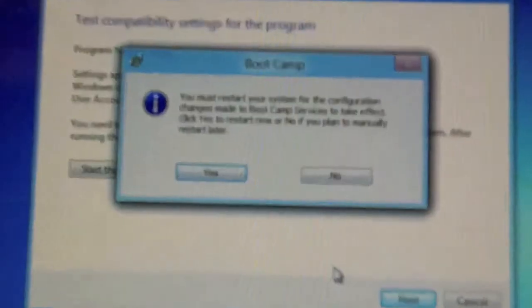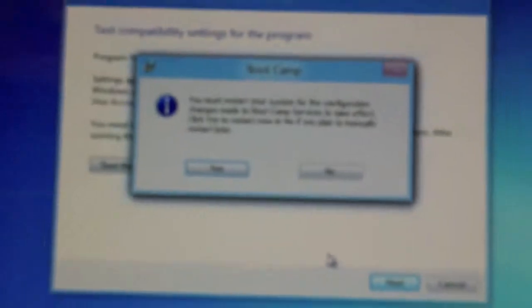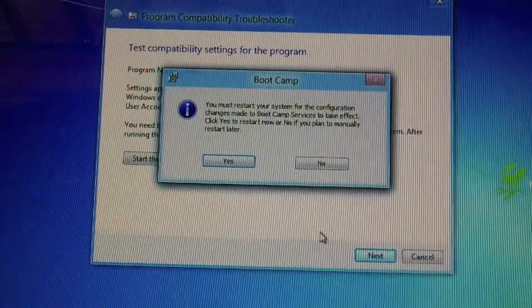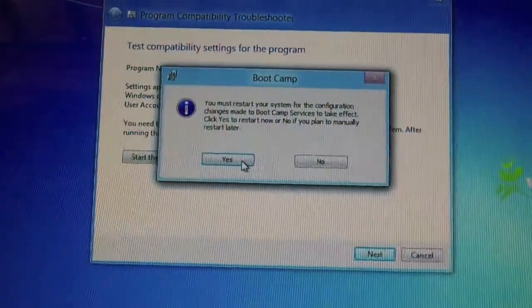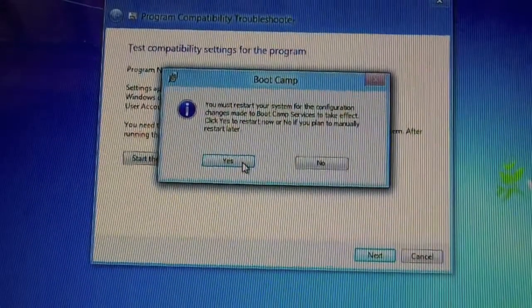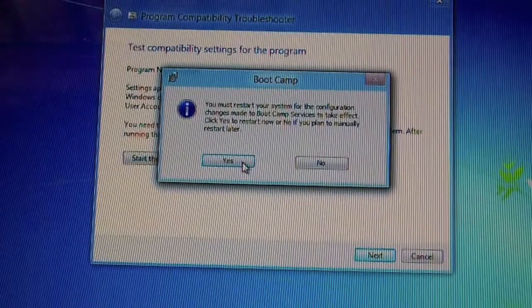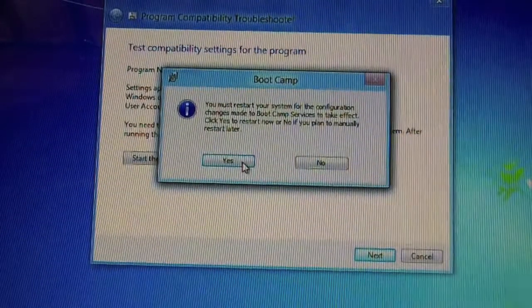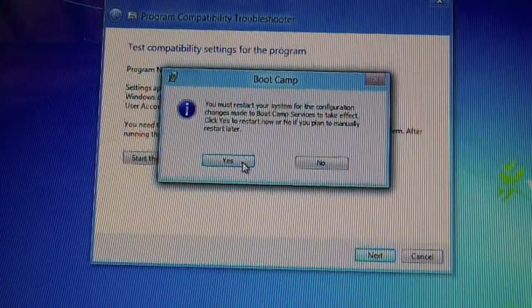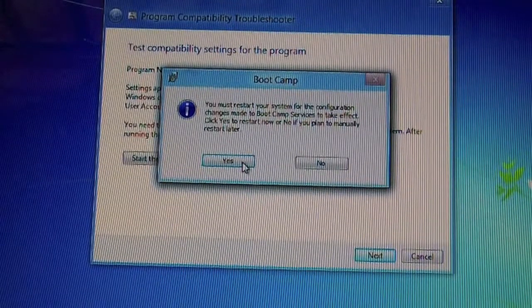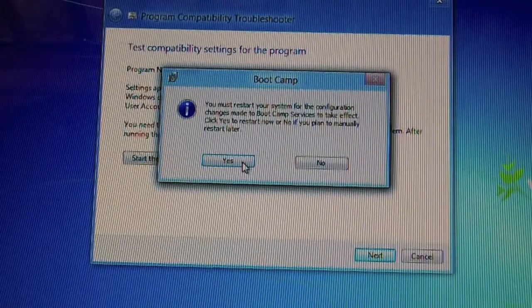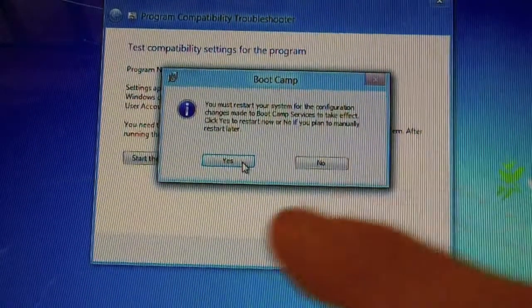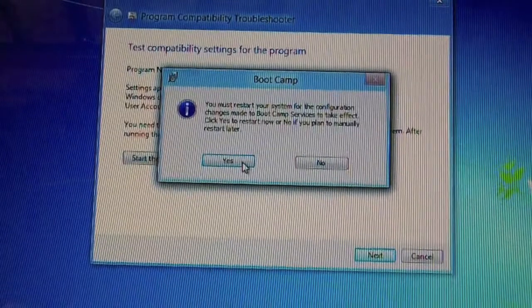Right, so it will say you must restart your system for the configuration change made to Boot Camp. So you basically got to restart, and also I'll tell you how to boot between Windows or Mac. Because you've installed Windows, I think the startup disk will automatically go to Windows. But if you go to System Preferences in the Mac partition and go to Startup Disk, just select Macintosh HD if you want to boot directly to Mac